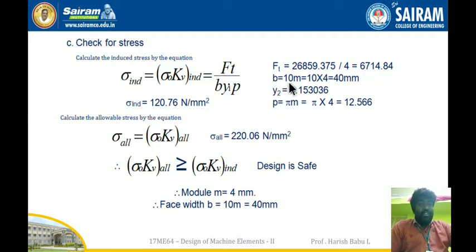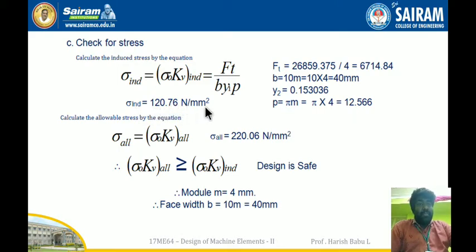The b value is 10 m. The module I have taken as 4, so it will be 10 into 4, 40 mm. Y1 you already calculated, and P I get the value of. I substitute these values over here, and I get sigma induced as 120.76